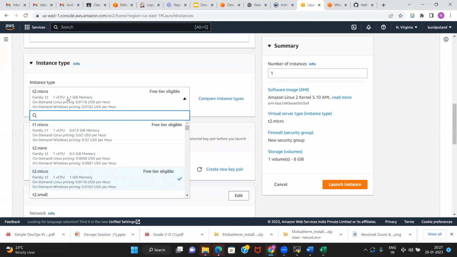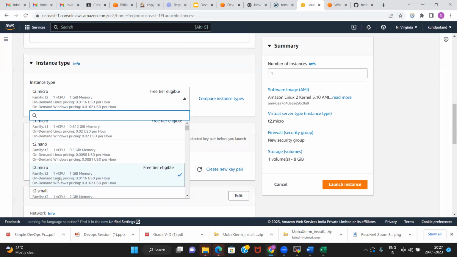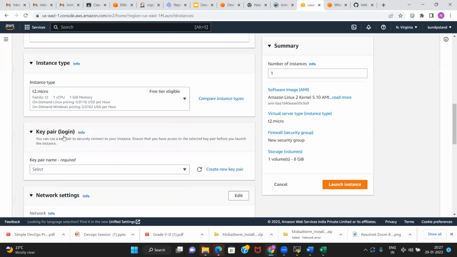On that virtual machine, what will be the CPU, is it one CPU or two CPU? What will be the RAM, like 1 GB RAM or 2 GB? Based on that you will be charged. So this is the piece of hardware that you will need.